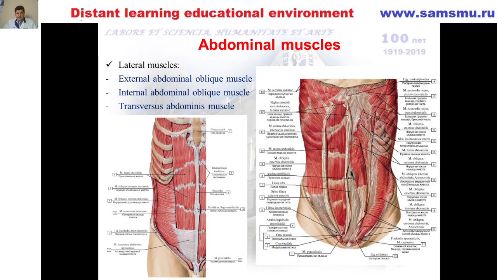So next we talk about the linea alba. The aponeuroses of the broad muscles of the abdomen meet and fuse on the midline and form a tendinous band, linea alba, between the rectus abdominis muscles. You may see this linea alba between the rectus abdominis muscles. This line stretches from the xiphoid process to the symphysis pubis. It's quite wide in the upper part, 2.5 centimeters at the level of the umbilicus. You may see